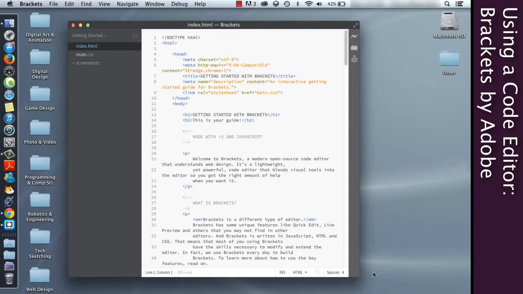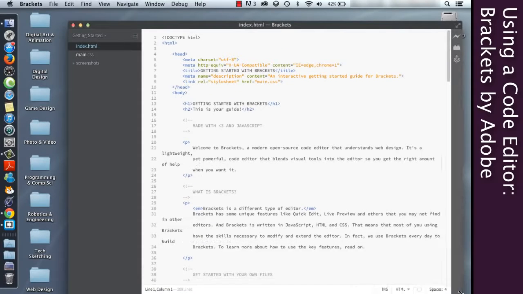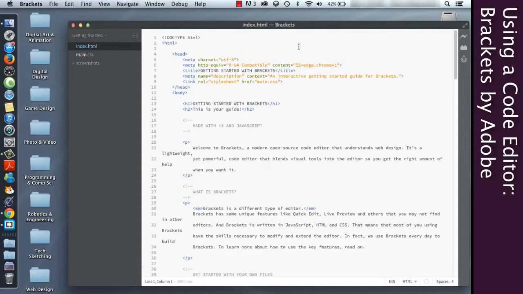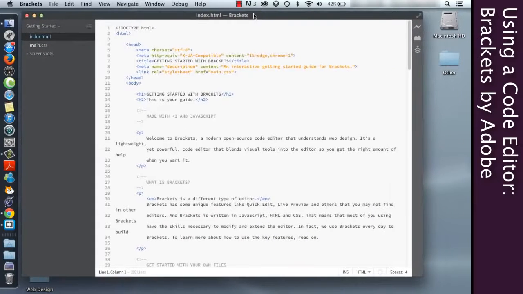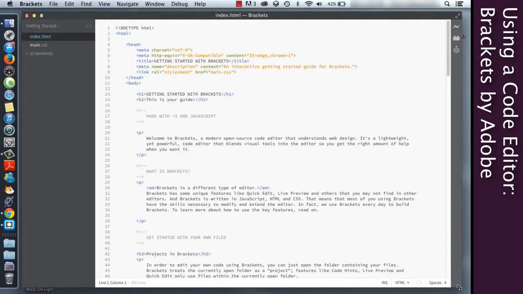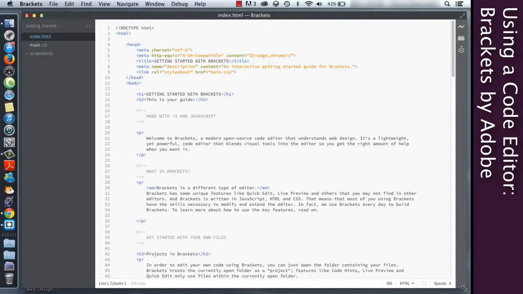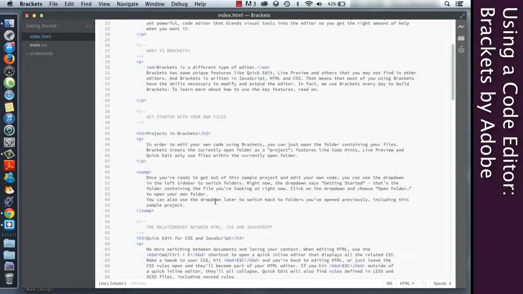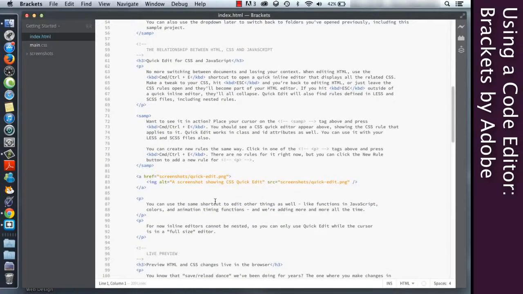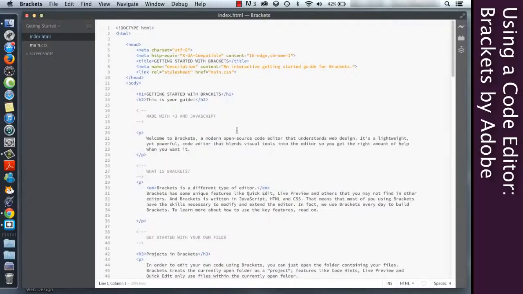Alright, so when we first launch the software, you will get this page here. This is sort of the opening page, the splash screen, so to speak. A little different than probably what you're used to in most programs. So the splash screen here is actually an HTML file. And they have all of your sort of welcoming text that you'd expect as an HTML file.